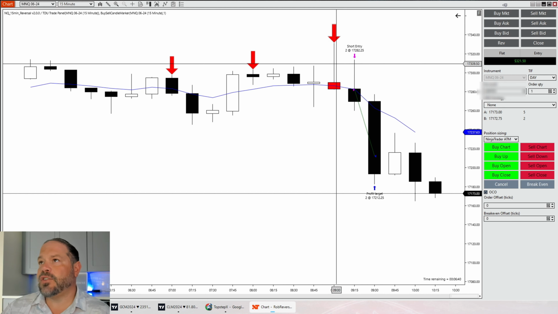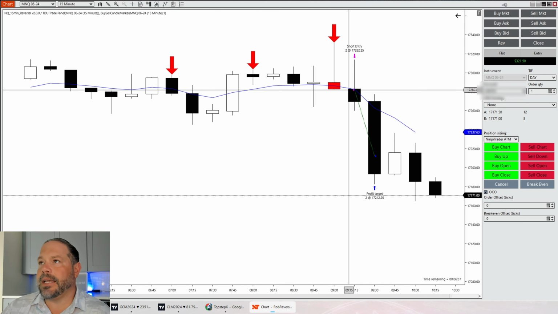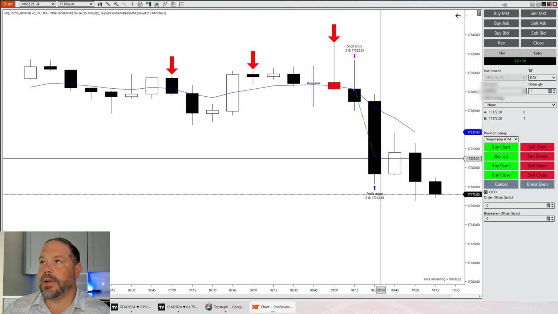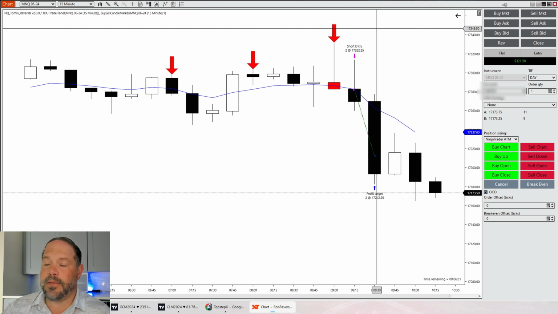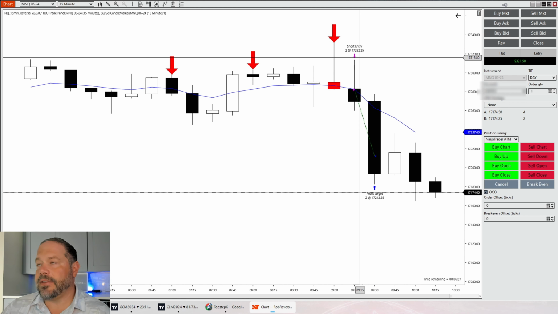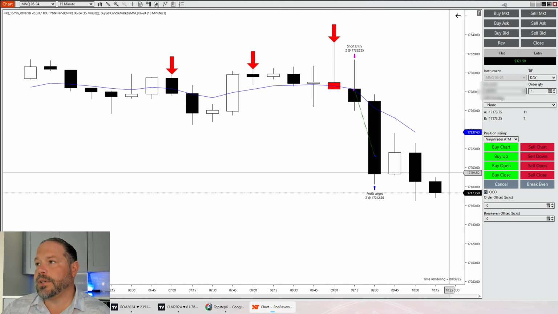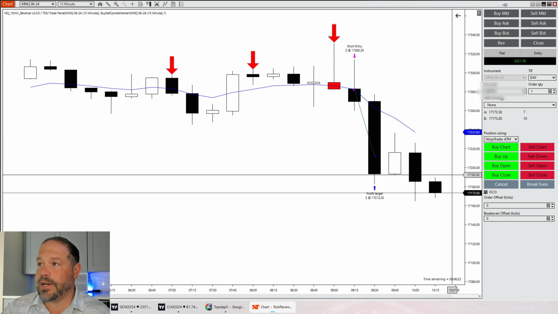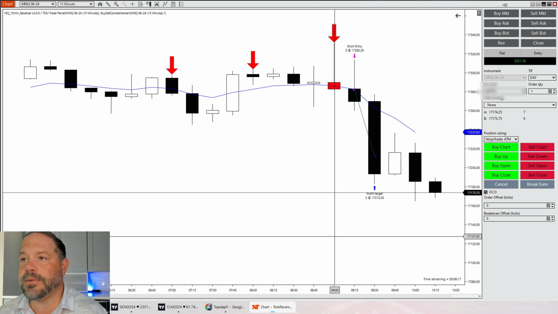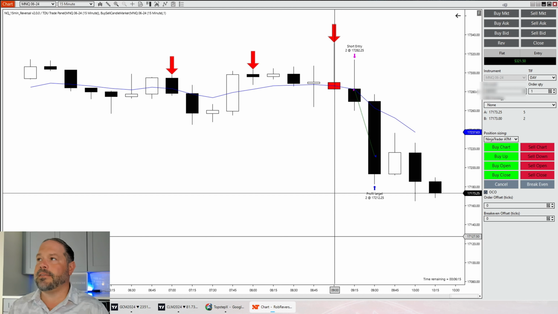Again, we get a short setup that gets activated at 9 a.m. Here is your entry. I took this one again for 70 points. So I've got a set 35-point stop loss. And now I've got the trailing feature, which would have still honestly been in this trade if you just let the trailer go. So again, there's different options that you can do on your take profits and stop losses.